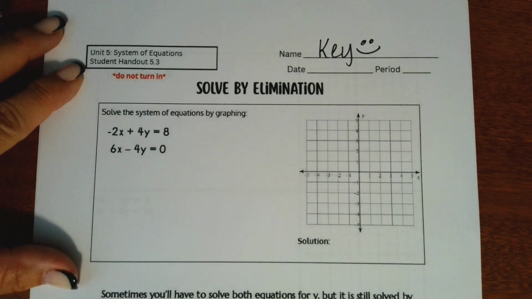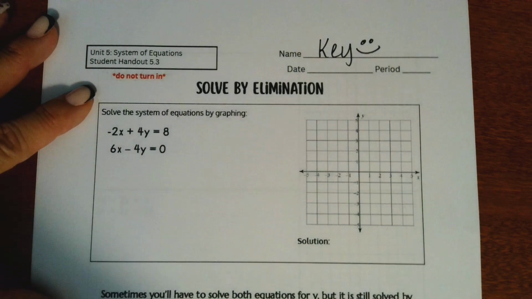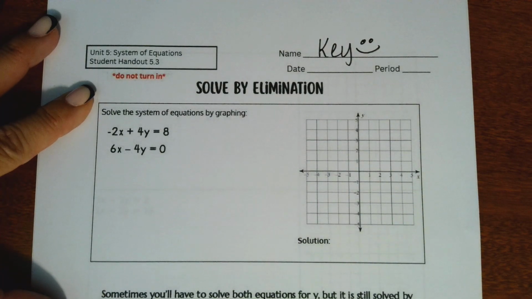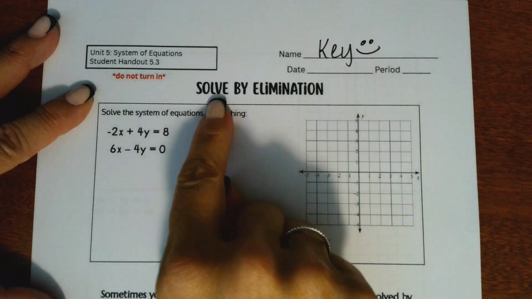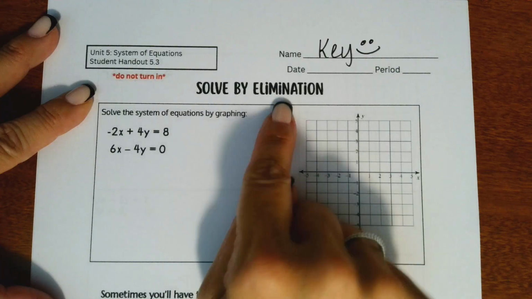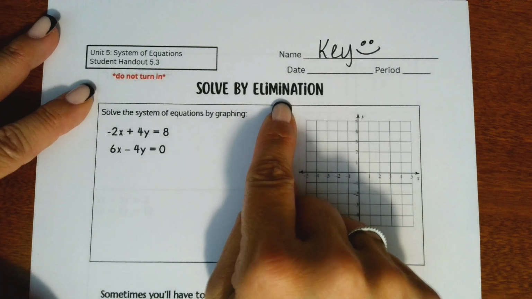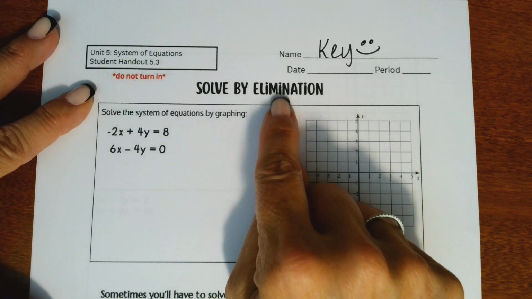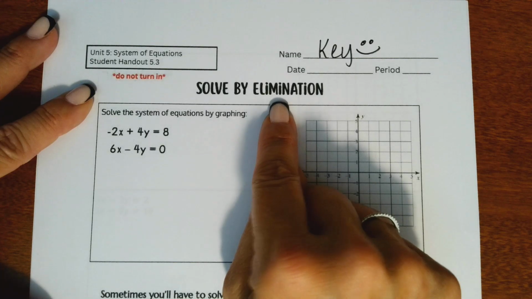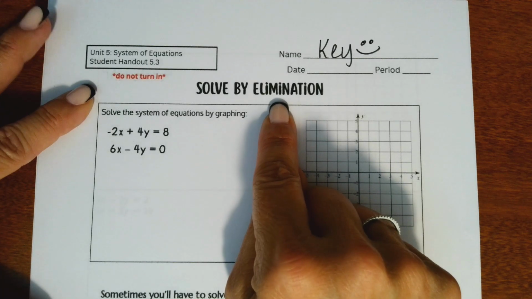Today's lesson for 5.3, we are going to continue solving systems, but today we're going to learn a third method. It is called solving by elimination. It may seem a bit confusing today, but elimination can sometimes be the easiest process for solving systems,